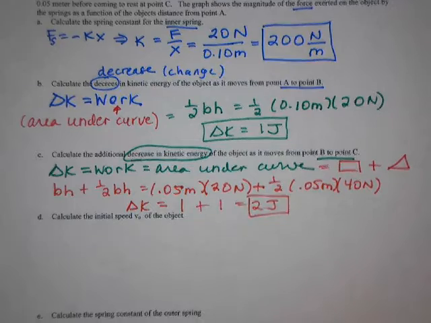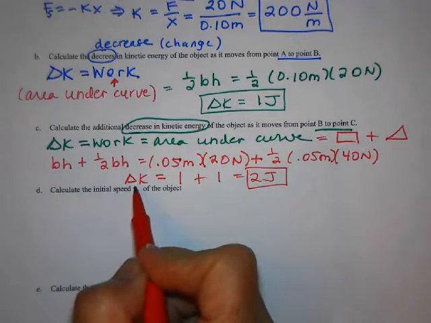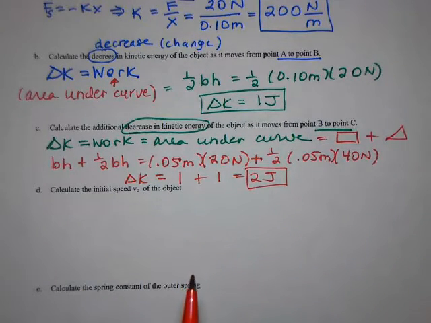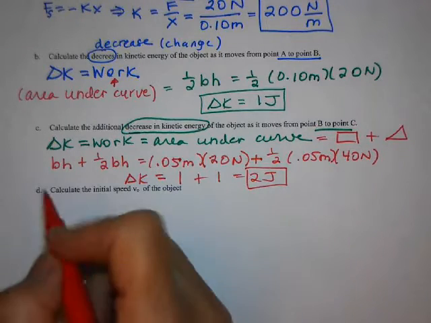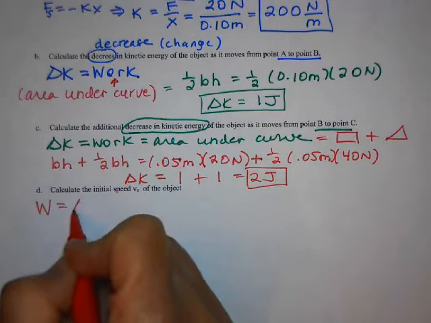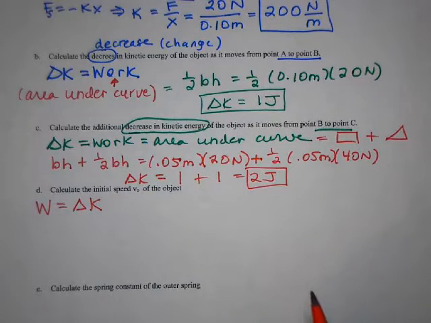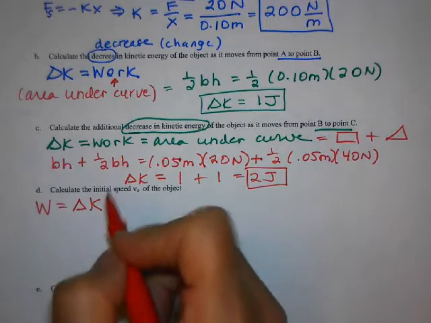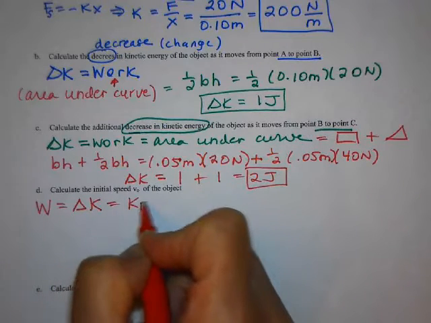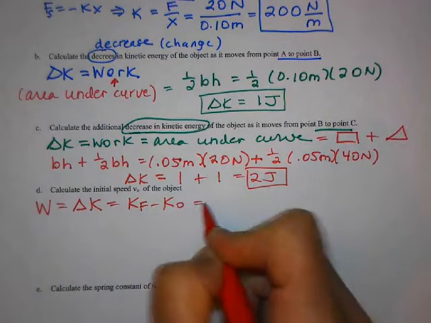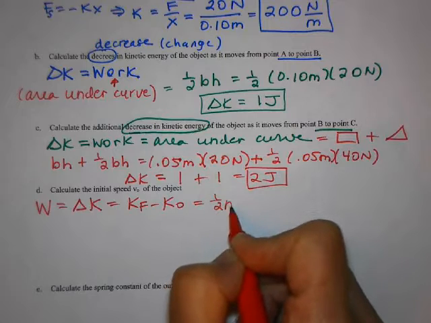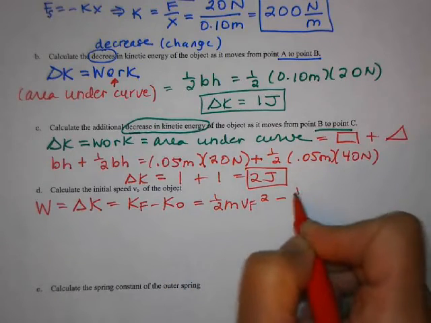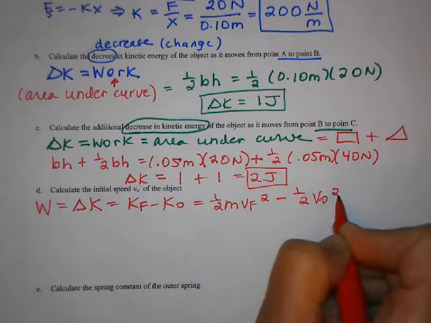All right. Part D says calculate the initial speed, v naught. Well, speed is going to be in the equation for kinetic energy, which is 1/2 mv squared. So we know the work is equal to the change in kinetic energy. That's going to be Kf minus K naught, which would be 1/2 mvf squared minus 1/2 mv naught squared, and we want to solve